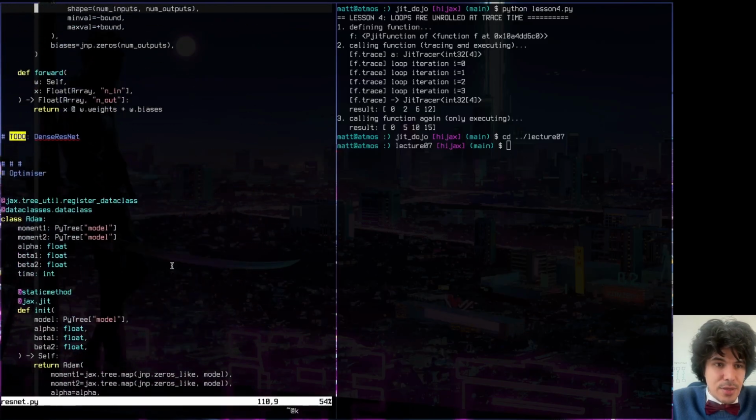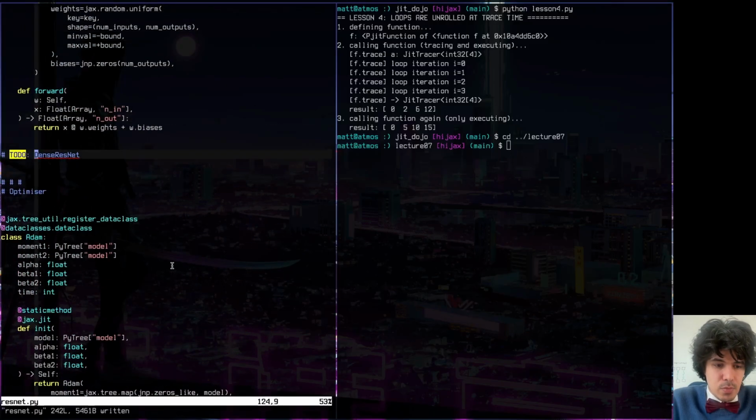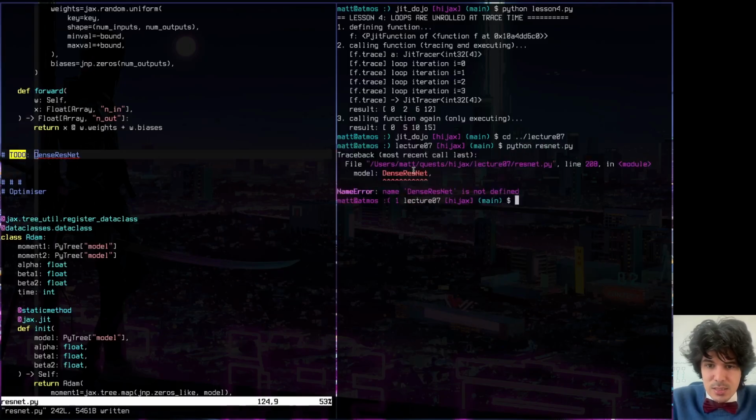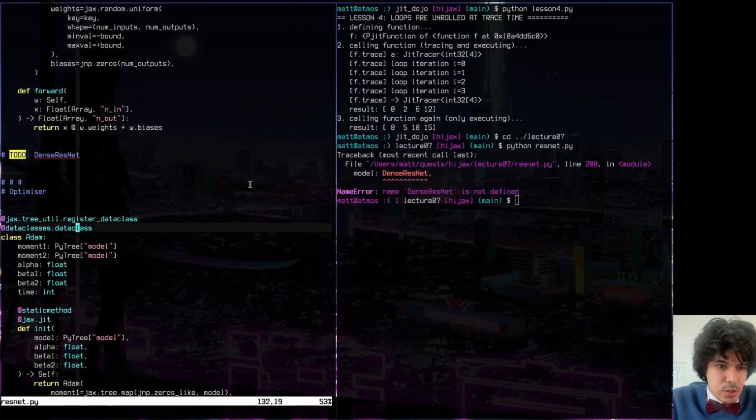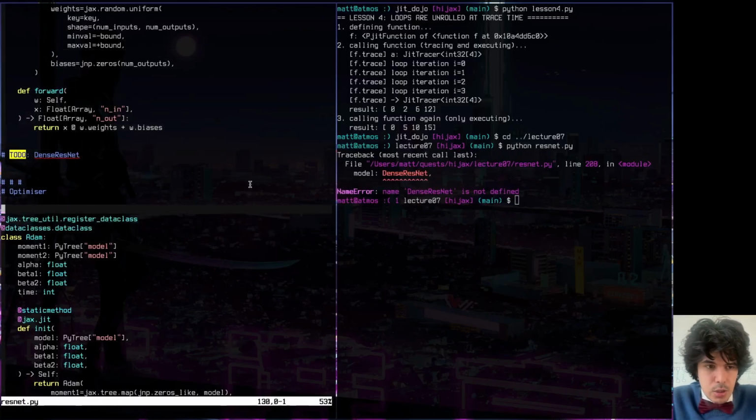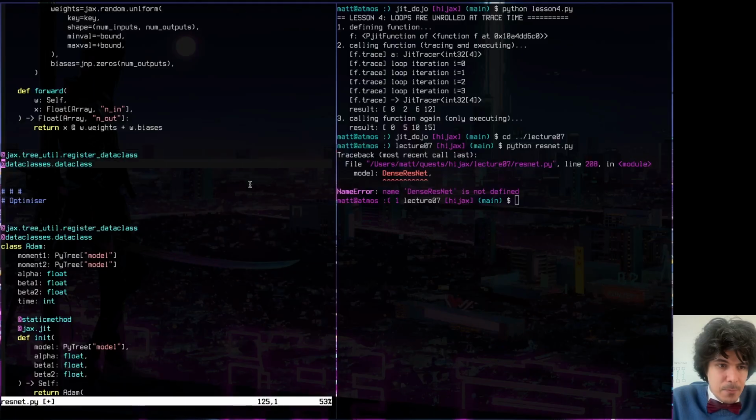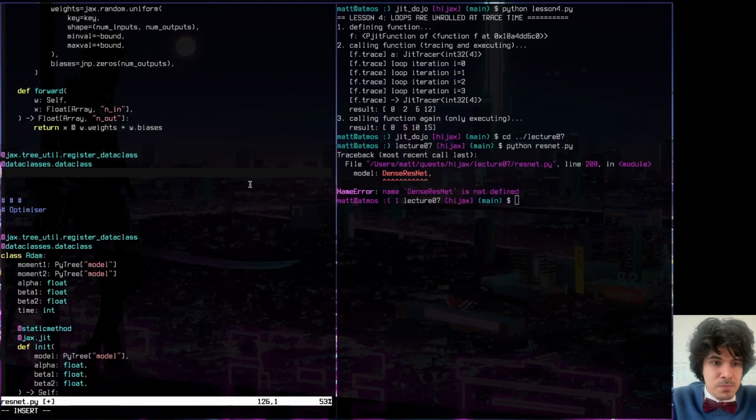But let's get started. We could try running this code at the moment, but I think we'll get an error saying this DenseResNet is not defined. We better actually define that DenseResNet, and I'm just going to copy here the code for making it a pytree and a data class, and then we're going to get started. So class